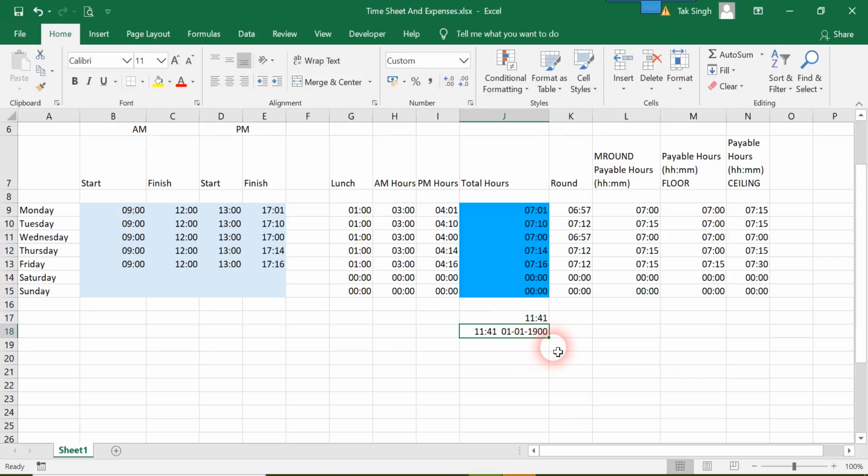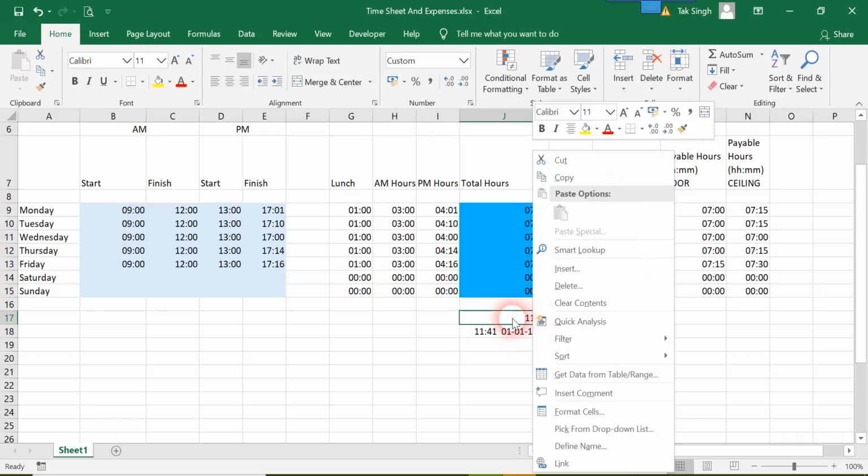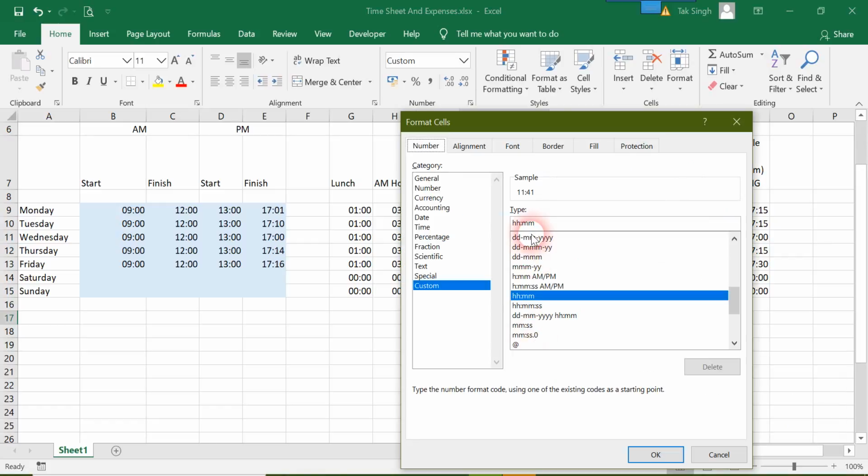But we don't want this 11 hours 41 minutes along with the 1st January 1900. To do that, there is a simple and very efficient way. Right click on the cell, go to format cells, and you might remember that we used square brackets with minute to have the sum of minutes. We will do something very similar for hour.